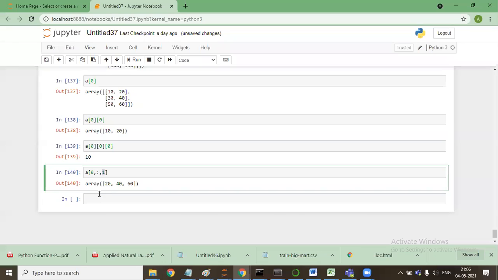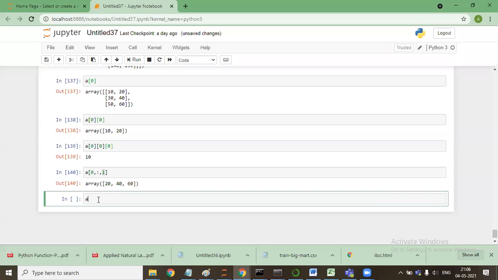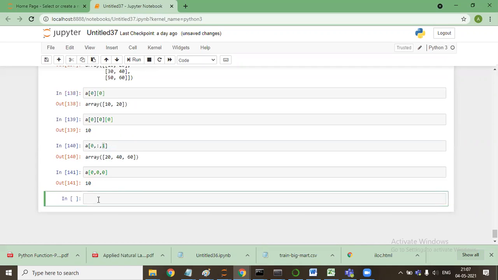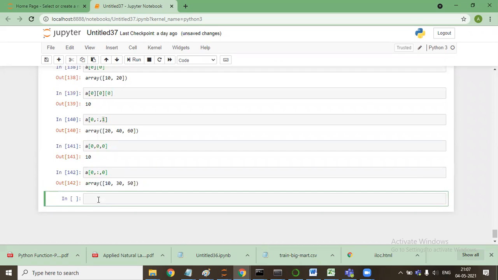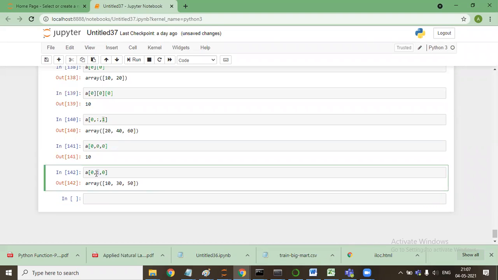If I say A[0, 0, 0], it will give me the value 10. But if I say A[0, all, 0], it will give me the values 10, 30, and 50. Then what does this mean? Can anybody tell me?